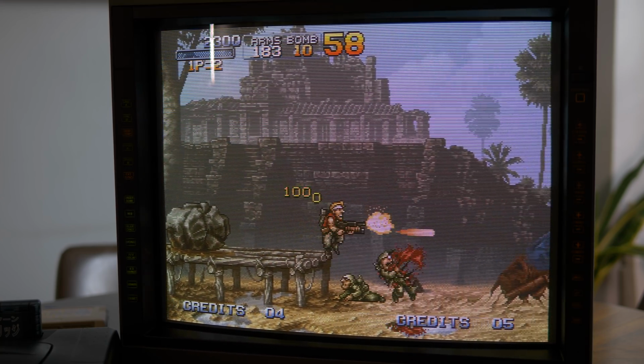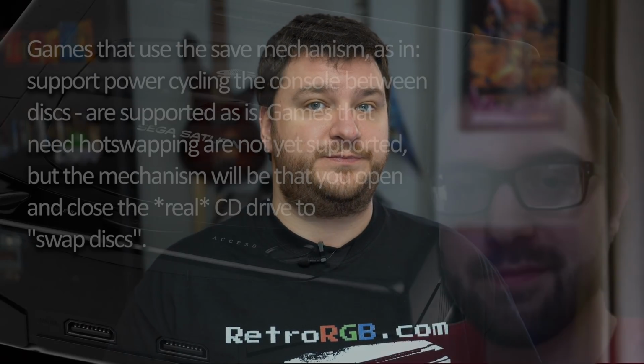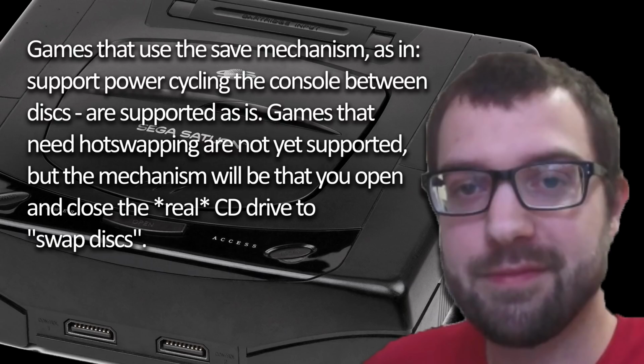a public release. I spoke to the creator of this project and wanted to confirm two things that aren't available in this current version of the beta. First, how will 2-disc games be supported? Games that use the save mechanism, as in support power cycling the console between discs, are supported as is. Games that need hot swapping are not yet supported, but the mechanism will be that you open and close the